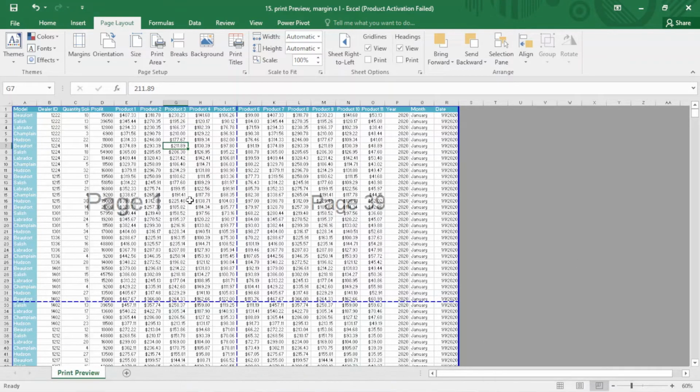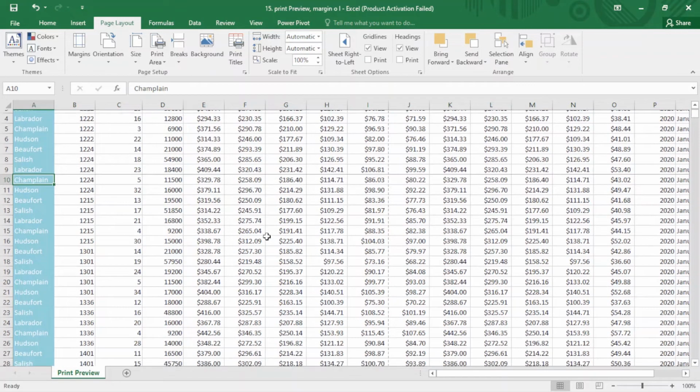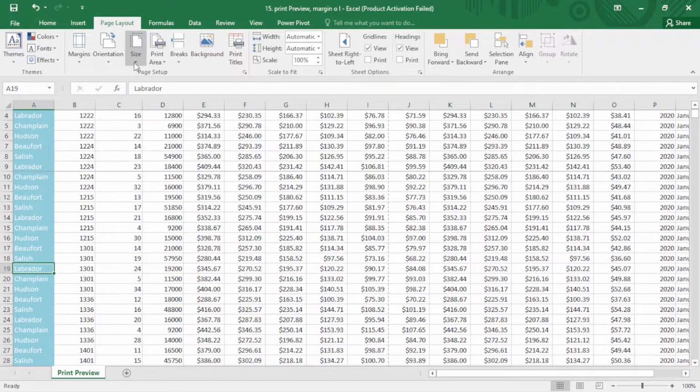Now I don't need all of this data. I just need specific, like a few rows to be in one page. I just come here, and here we have page break. And page break, whenever we select a cell, no matter where, I just come here and insert page break. You can see I insert page break here, and also I want to insert here,